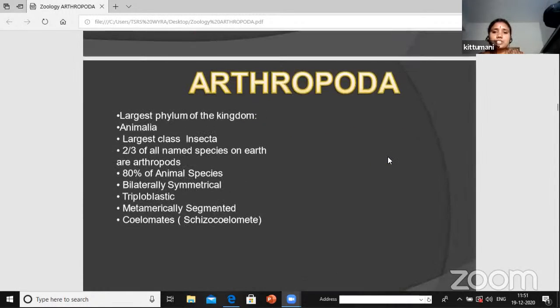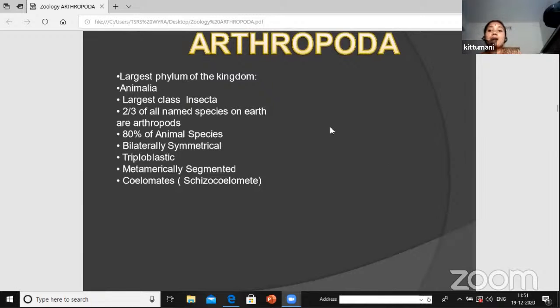Okay. The next, some of the general characteristics of the phylum Arthropoda, the largest phylum of the kingdom. It is very, very important: Arthropoda is the largest phylum in the kingdom Animalia. The largest class also is included in this Arthropoda phylum. What is that? Insecta, the creatures, means insects. Two-thirds of all named species on earth are arthropods. What is that, students? Two-thirds of the named species on the earth are arthropods, means 80%